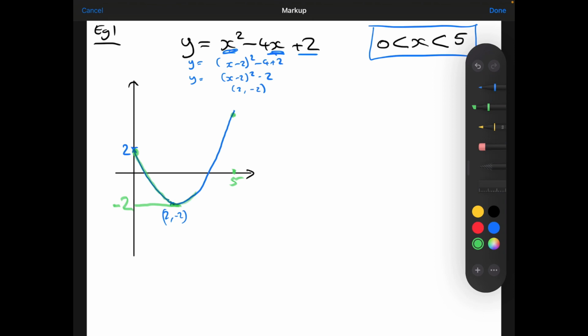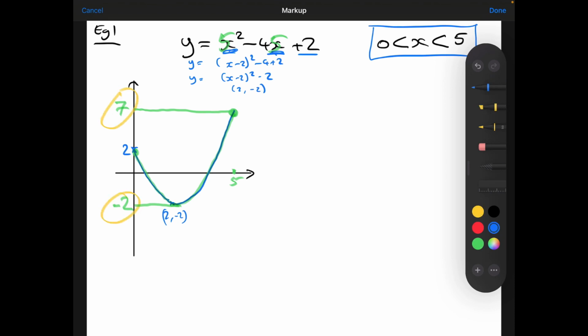We then go up, up, up, and then we get to the biggest value of y over here, which I don't know what that is just yet, but I do know it's when x is 5. So if I substitute 5 into my original function, 5 squared minus 4 times 5 plus 2 is 7. So that's telling me that the y values are always between